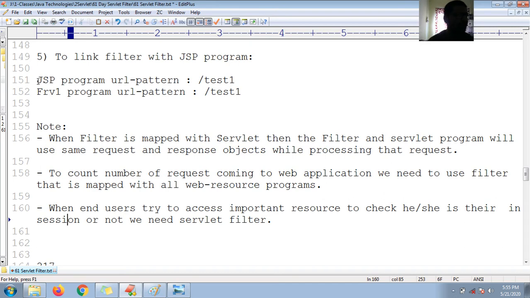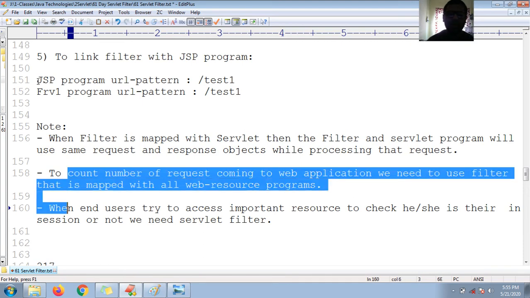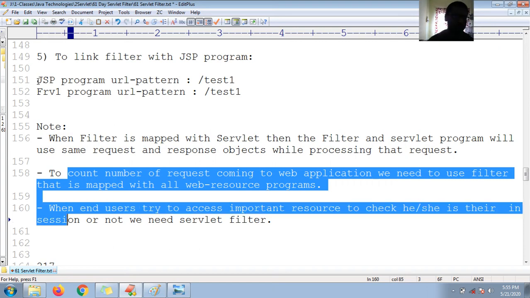Some real-time applications of these filters: whenever you want to count the number of requests coming to your web application, we can use a filter that is mapped with all the web resource programs.